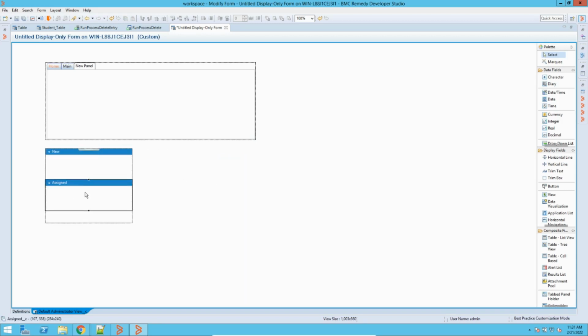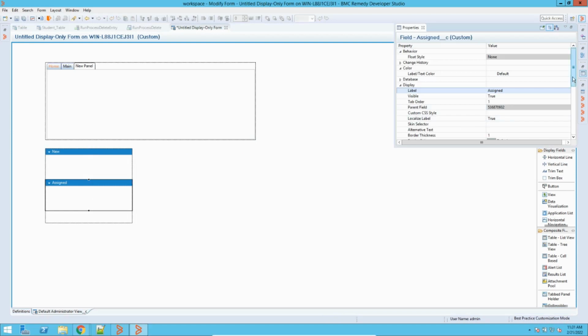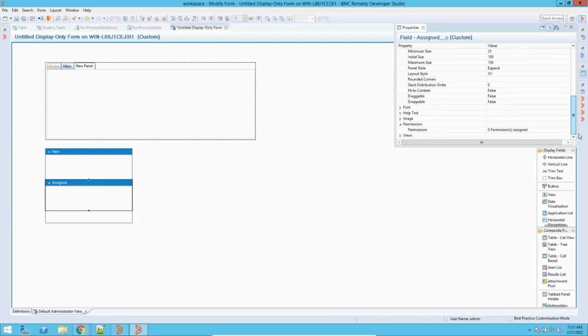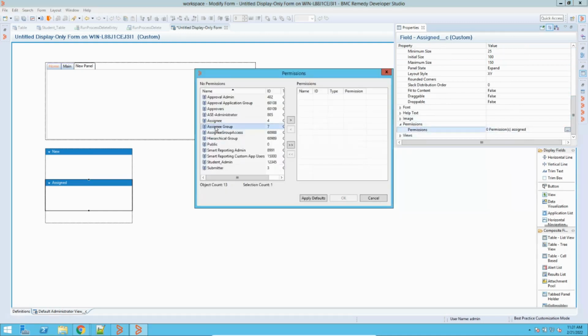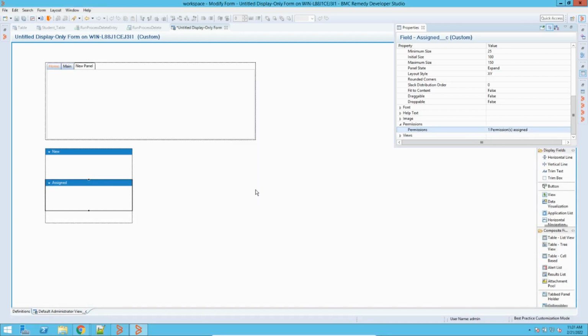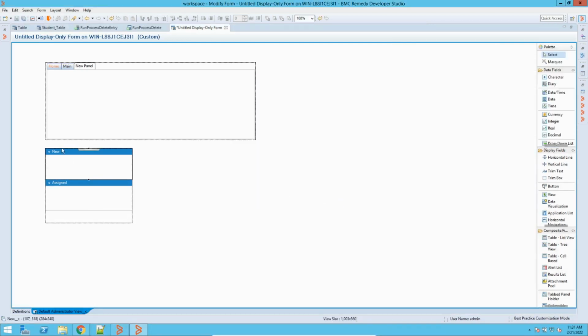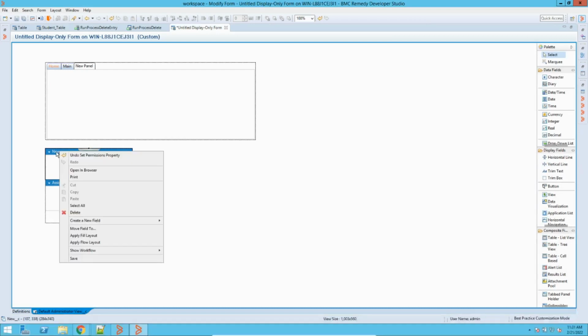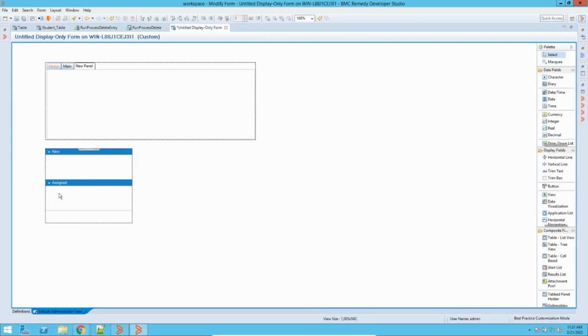Okay. Now let me go here to the properties. We'll see what else we have here. Permissions also, yes, you have to give the permissions to the panel. Then only it will be visible on your front end. Otherwise, it will not be accessible to people if you do not give any permissions. So this is the basic designing of your panel.